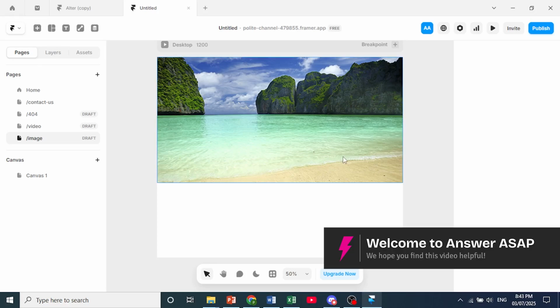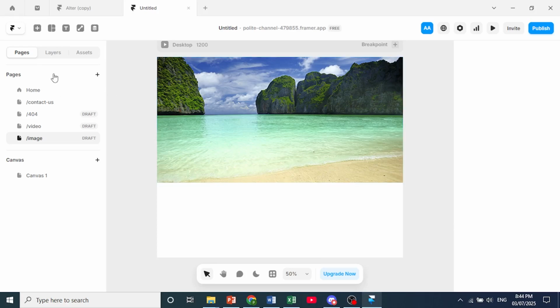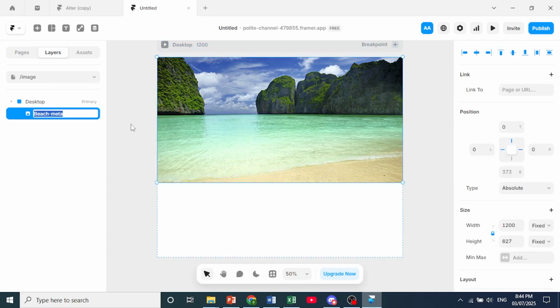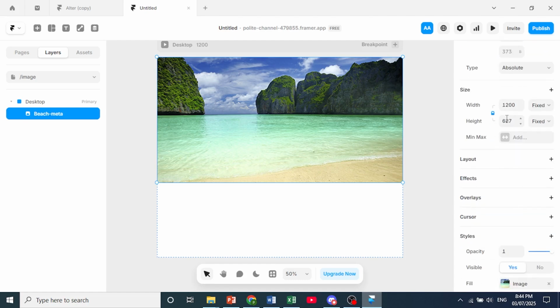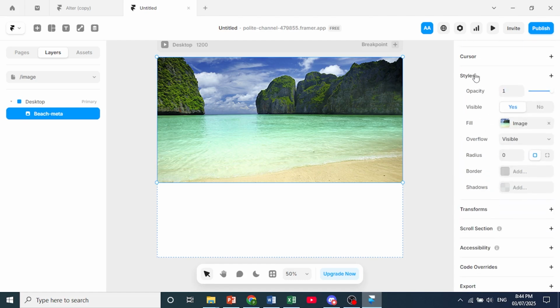Hey guys, in this video I'll show you how to mask in Framer. First I want you to just select the layer that you want to mask. Okay, so I've selected this layer, and then on the right hand panel, if you scroll down until you see